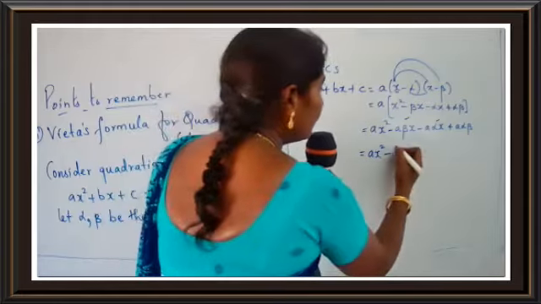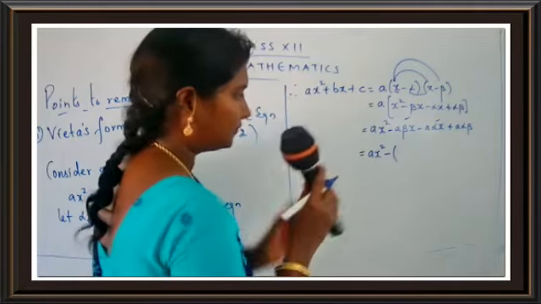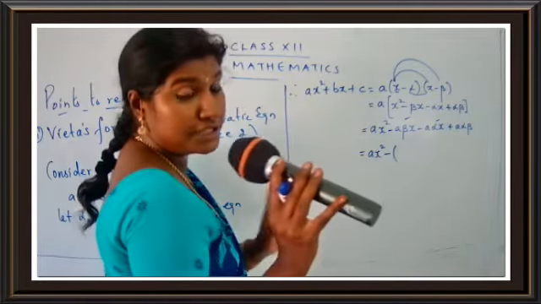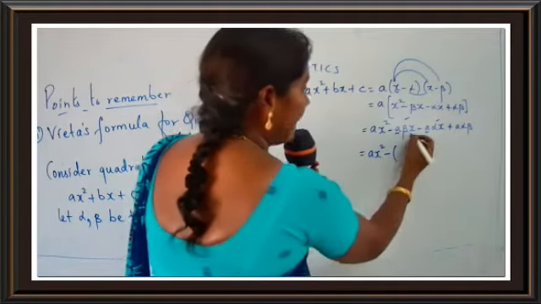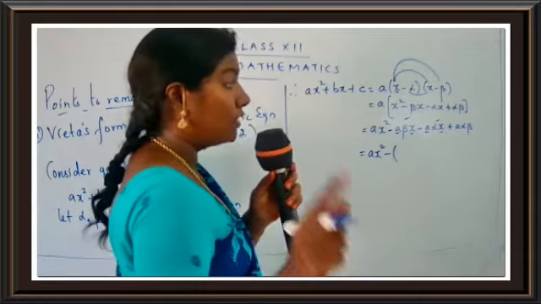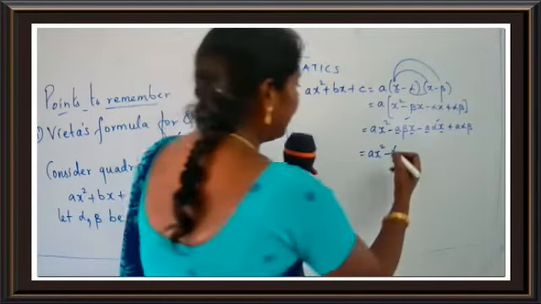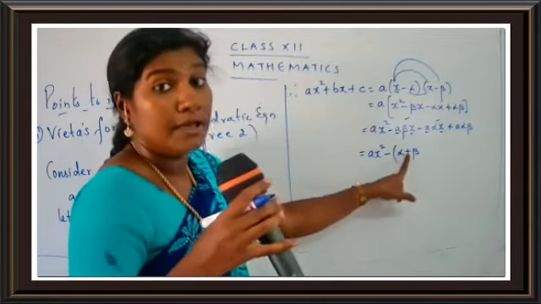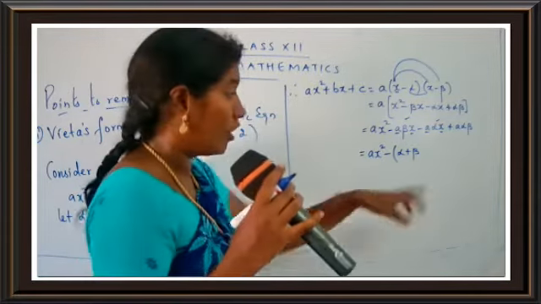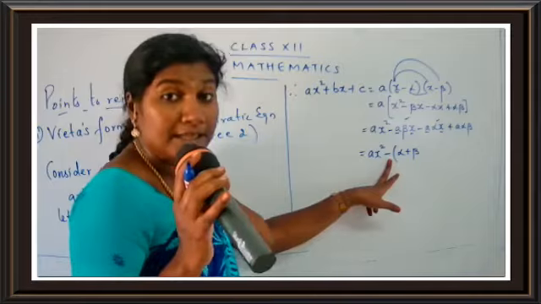So now what is left? Just see here. What is common? First of all, see the common part. A is common, x is common. So what is left now? Beta and alpha. So I'll be writing here as alpha plus beta, because why am I using plus here? Because we have taken the minus sign common.